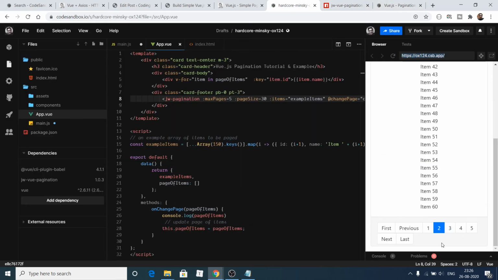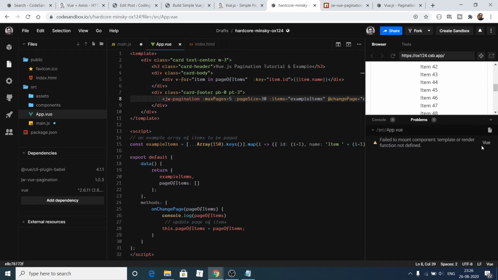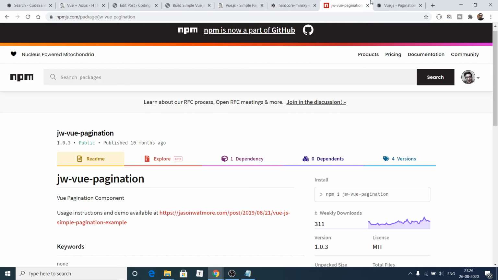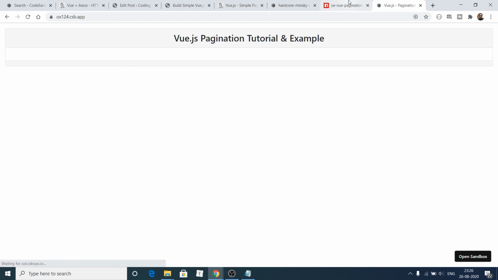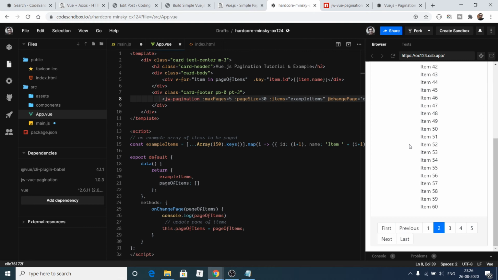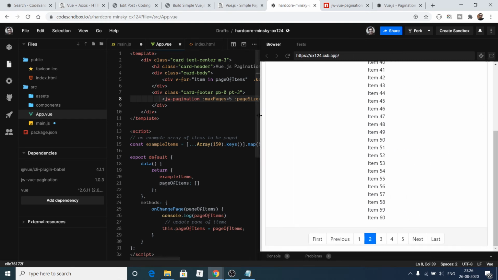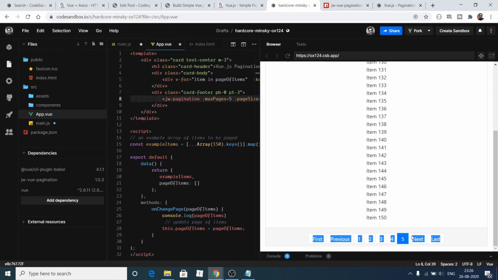Some kind of problem is there. Let me just see. It should build, but I think some problem is there. But you can see the result on the right hand side. You can see that only 5 pages are there.